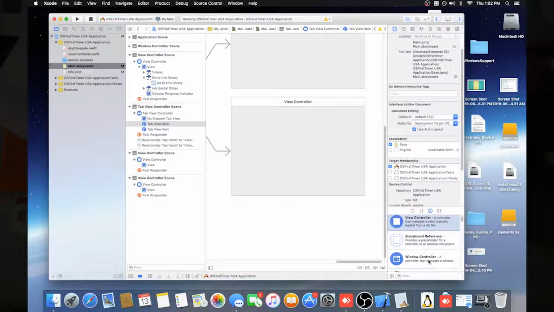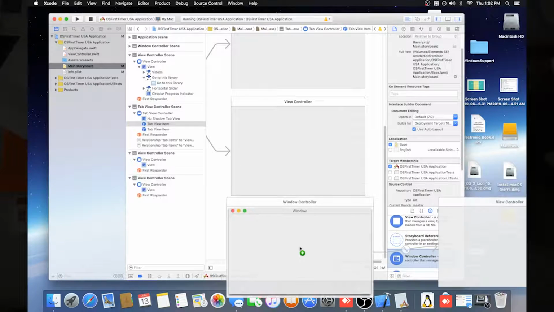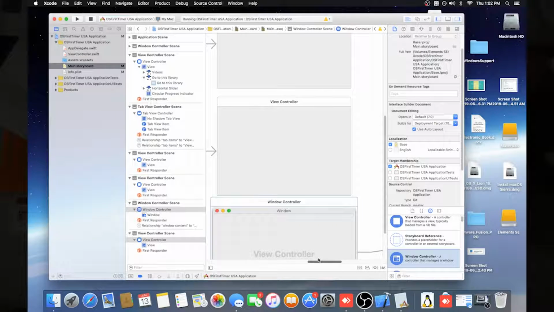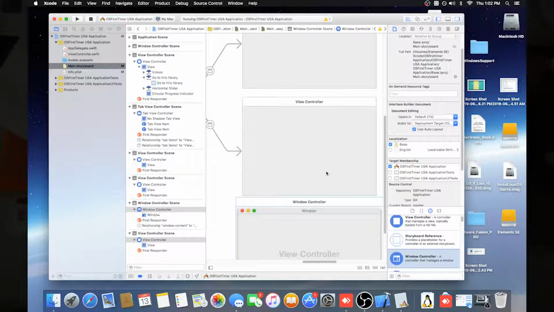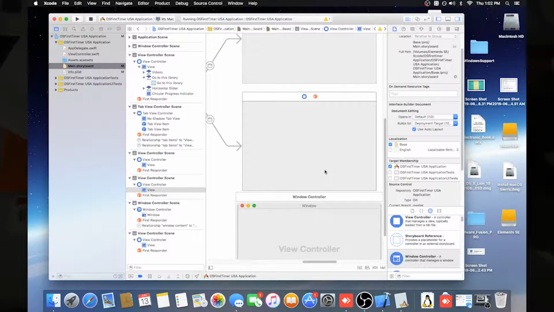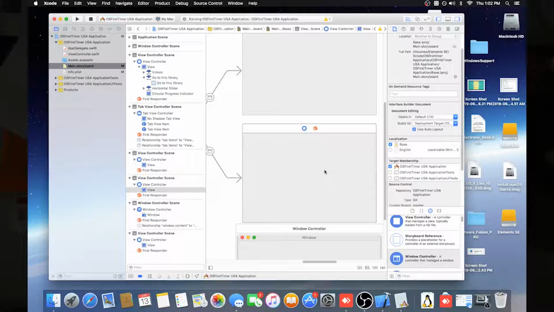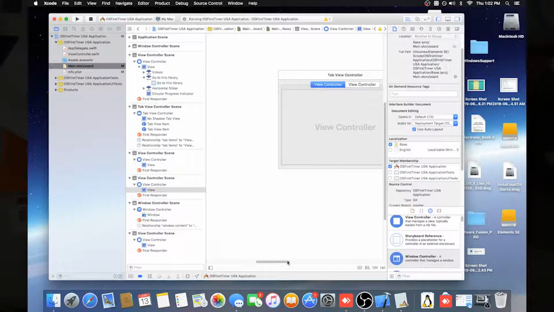Okay, so I just put in another window controller here, and so let's say I want it to, okay, so